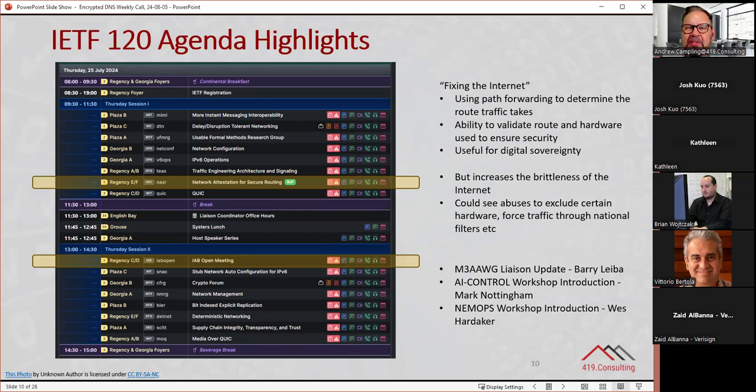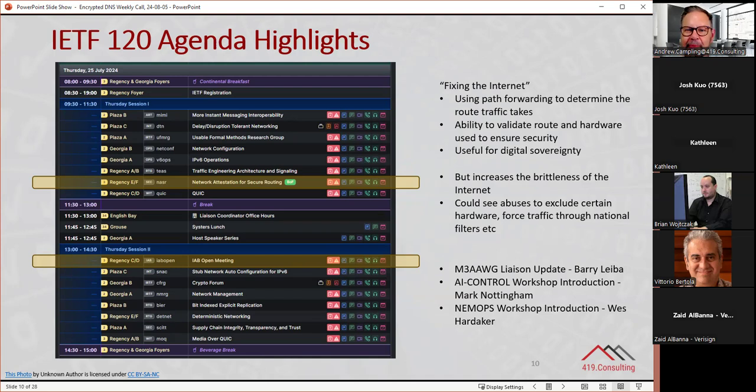On the downside, and various people made this point on the mic, it arguably increases the brittleness of the internet, because you lose that inherent resilience of the underlying design of the internet, of not having predetermined routes, because you're actually hardwiring routing in, and you could potentially exclude certain hardware.